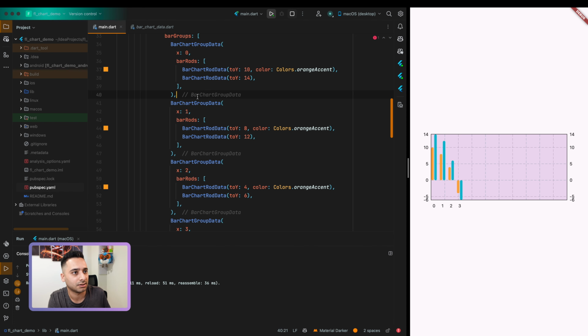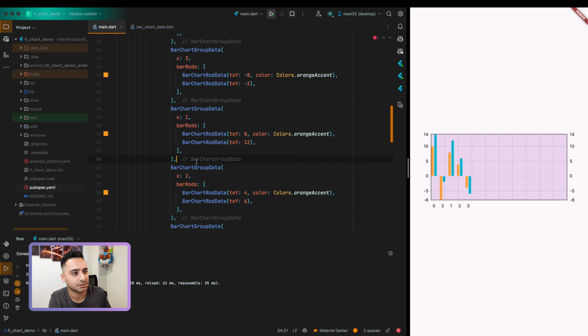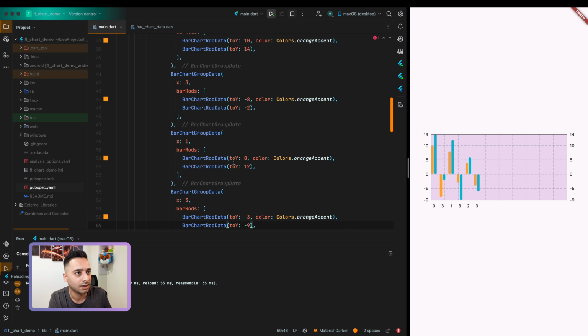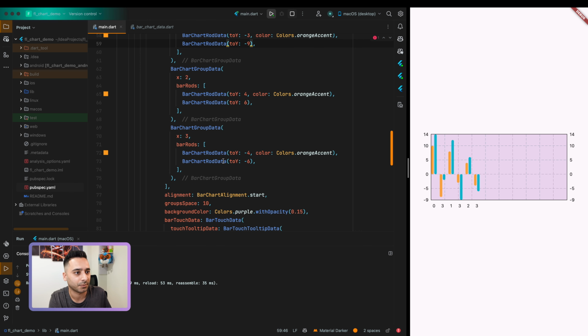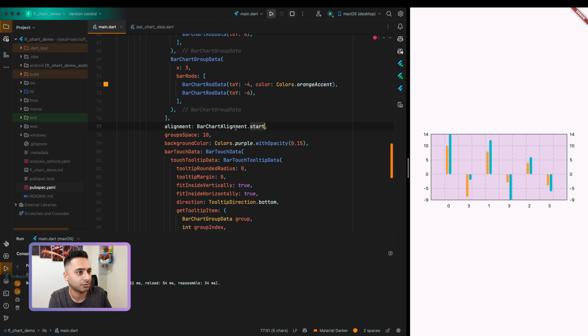Let's add it here with 8 and 2, and also add a -1 here with 3 and 9, for example. And let's change the alignment to the default one, or to the center, maybe. Yeah,